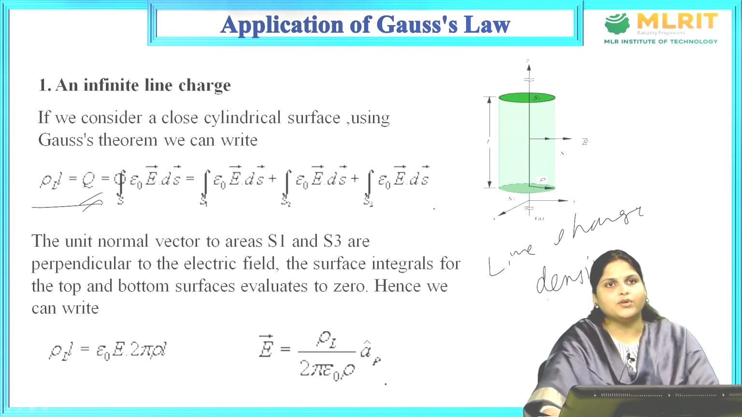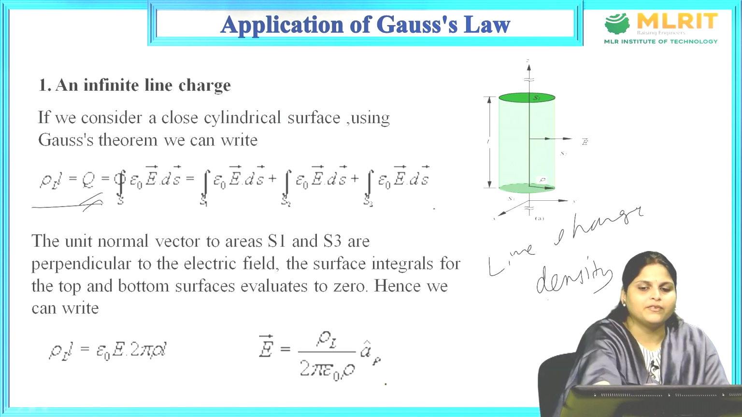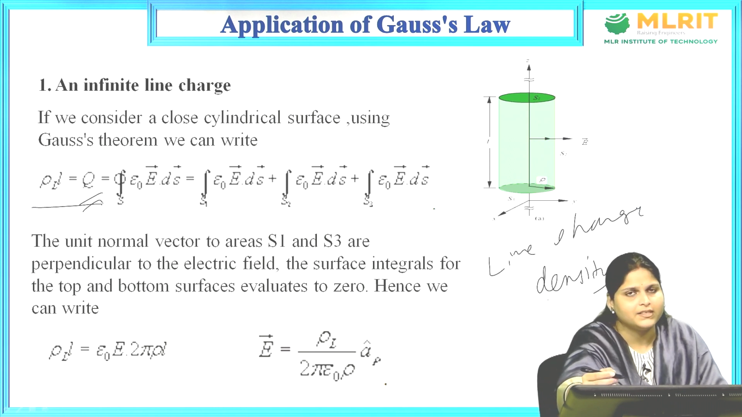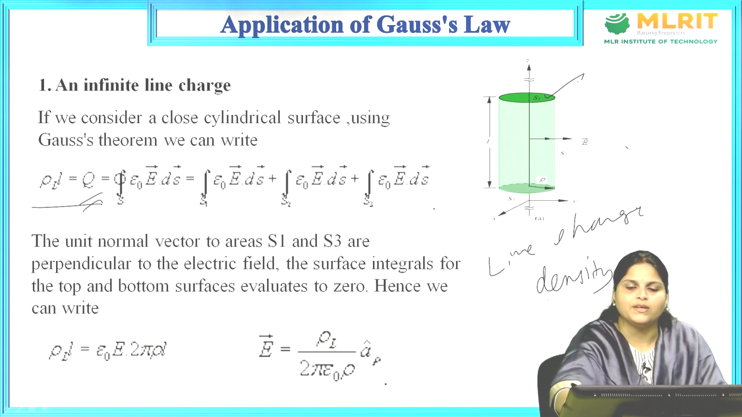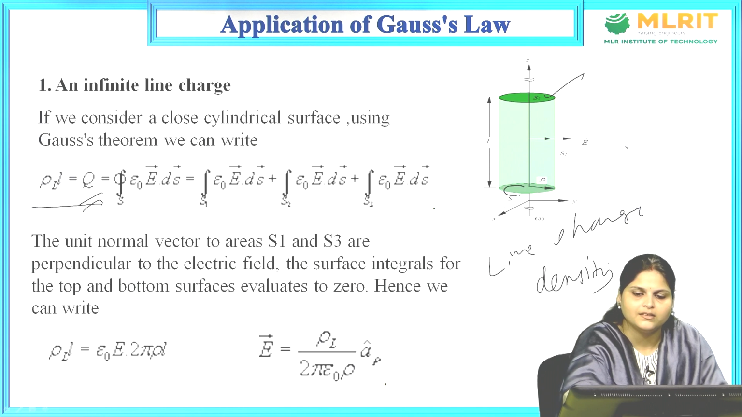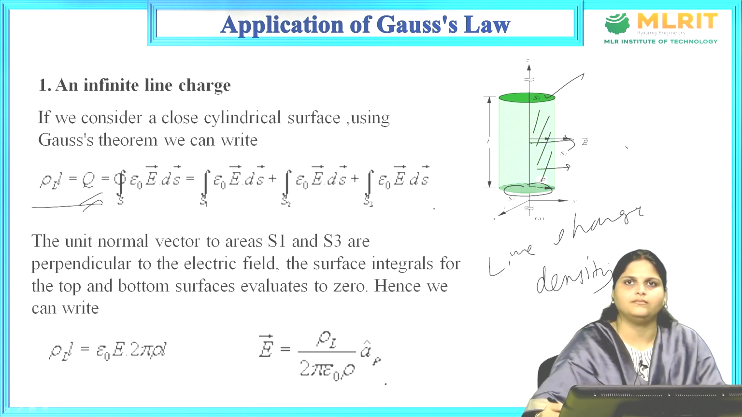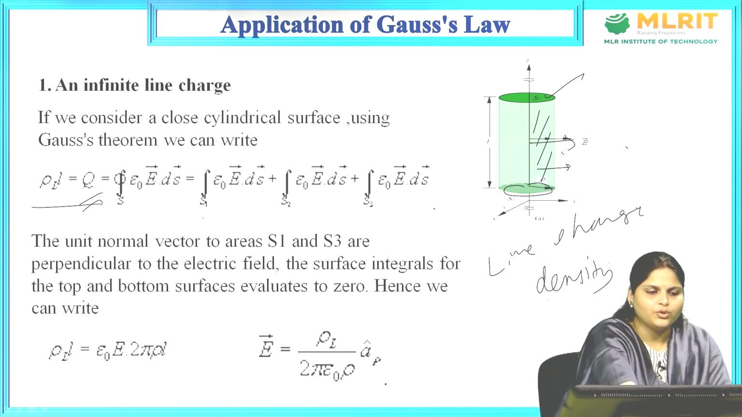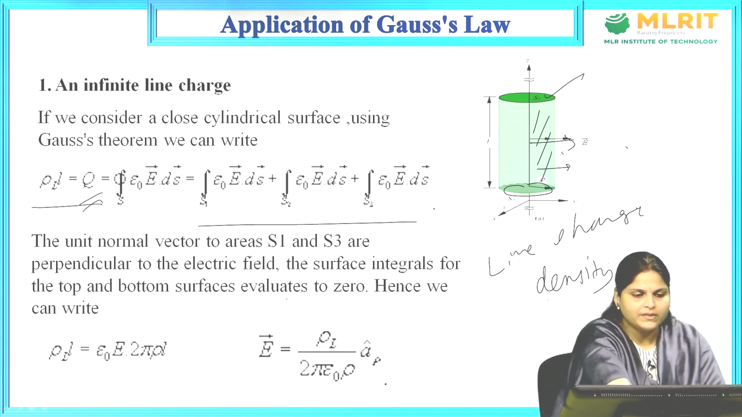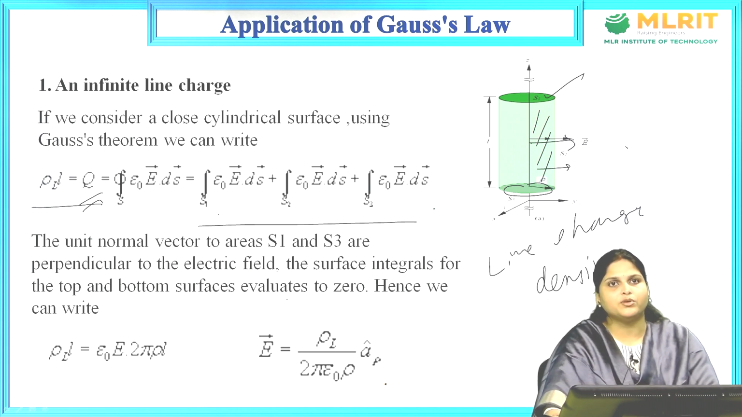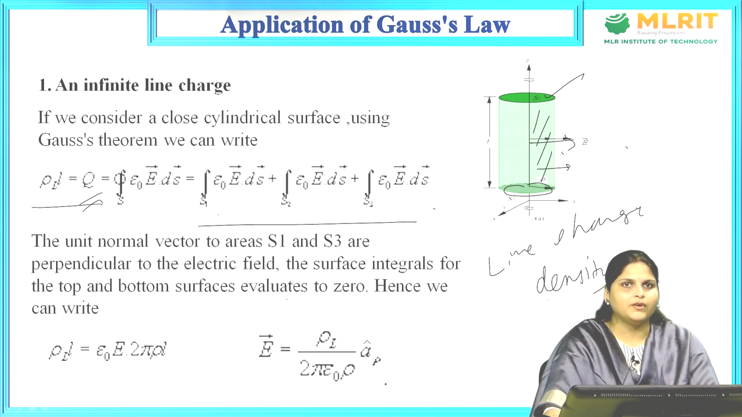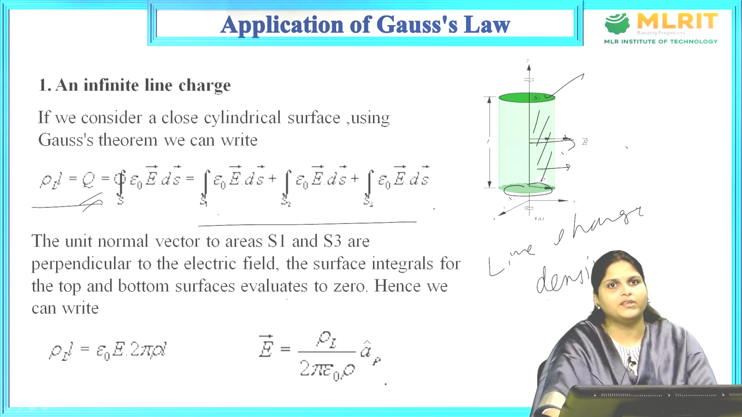S of epsilon naught E ds equals, now if you notice here we have three different surfaces, three different areas. One is this S1, another one is this S3, and then this S2, this area. So when we elaborate this formula, it becomes the integration over S1 of epsilon naught E dot ds, plus for S2 the integration of epsilon naught E dot ds, plus S3 epsilon naught E